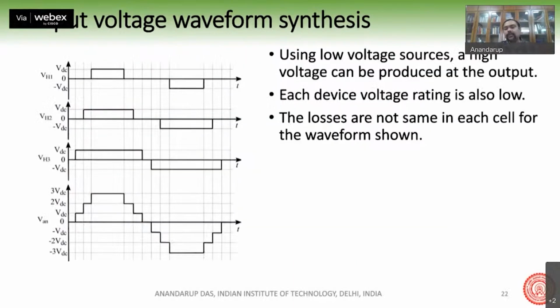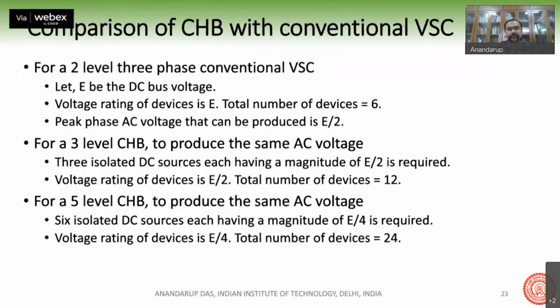So here you can see that using low voltage sources, a high voltage can be produced at the output of the converter. Now, this slide shows that if you increase the number of levels, then the magnitude of the DC sources goes down and the voltage rating of devices also goes down. Of course, you can argue that we are now increasing the number of devices. If you have a 2-level converter, you have 6 devices. When you have more than 2 levels, accordingly, the number of devices also increases. But then